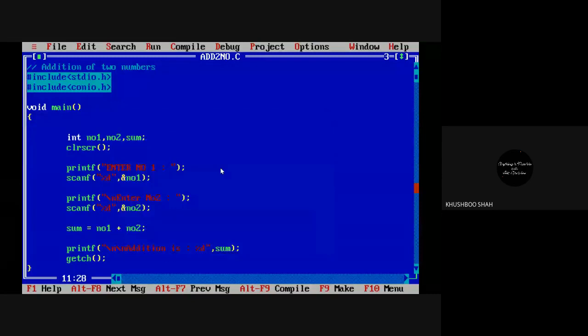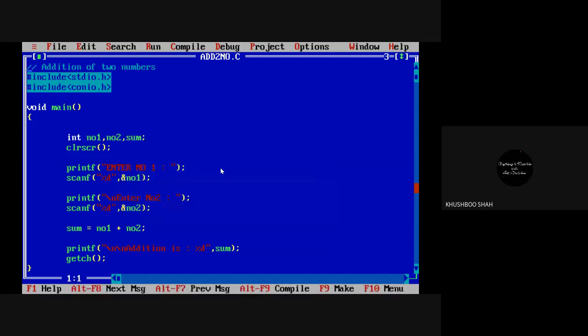Let's compile and run. See, it's in capital, which means whatever you write inside the double quotes, it will print the same thing. The second printf statement has not changed. Only the first statement is changed. It means whatever you write inside the double quotes, the compiler will print the text as it is.